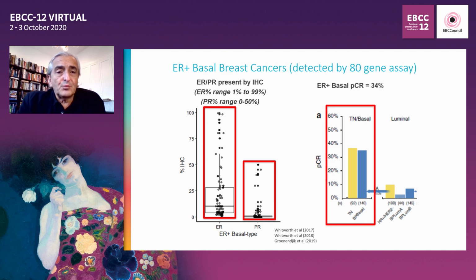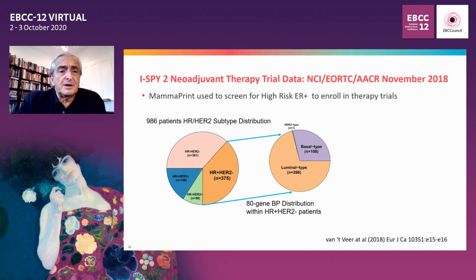Now, what is the clinical relevance of this? When one sees PCR rates of 34% compared to triple-negative breast cancer? Well, although this made up 13% of all ER-positive breast cancers in this NBreast trial, the I-SPY trial showed an even higher percentage of ER-positive basals,